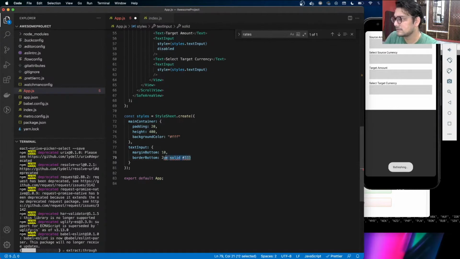This is not how we give it, right? So it will be border width,